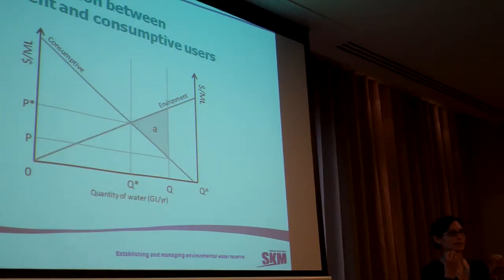If we think about just simplifying it down to a consumptive demand and an environmental demand. So consumptive demand is irrigation, households, industry. Environmental demand represents demands at the whole range of environmental assets. And we know that the efficient allocation of water happens where the marginal social benefit curves meet, so at Q star. And the premise of all of these government policies is that at the moment we're sitting at some point Q, and if we're able to readjust the allocation to Q star, the benefit to the community is given by